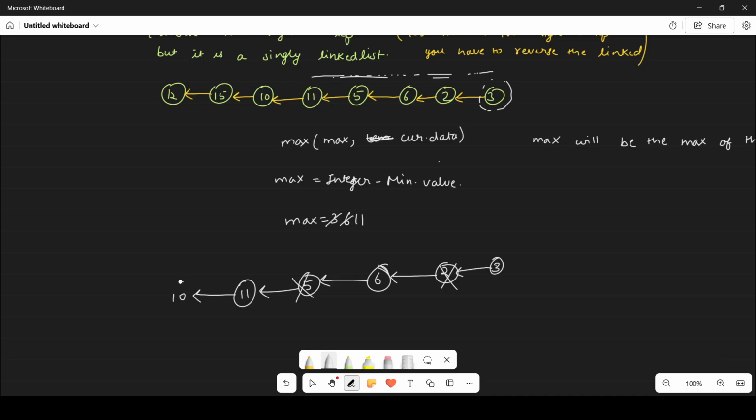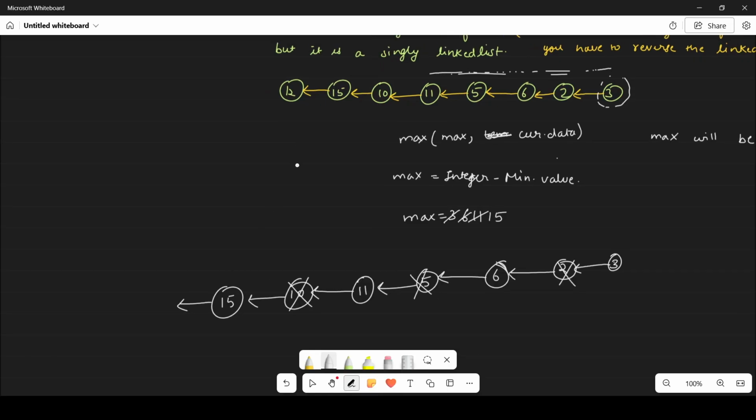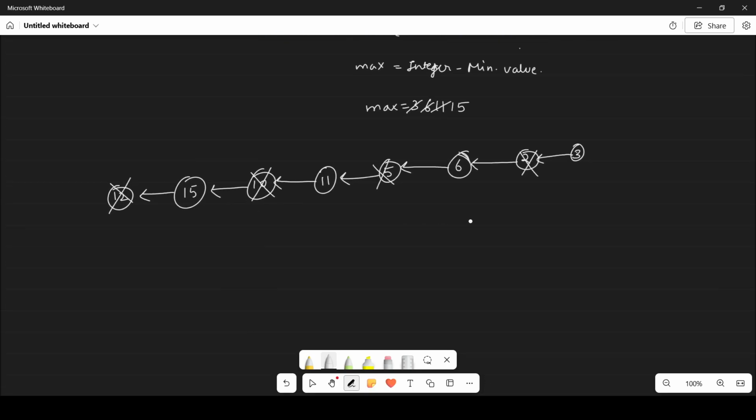Similarly, when you go to 11, the maximum is 11, so you have to delete this. Similarly, when you go to 15, the maximum is 15, so you can't delete this 15, because 15 is equal to 15, not lesser than 15. Similarly, if you go to 12, the maximum is 15, so you have to delete this element. In this case, the new linked list will be 3, 6,